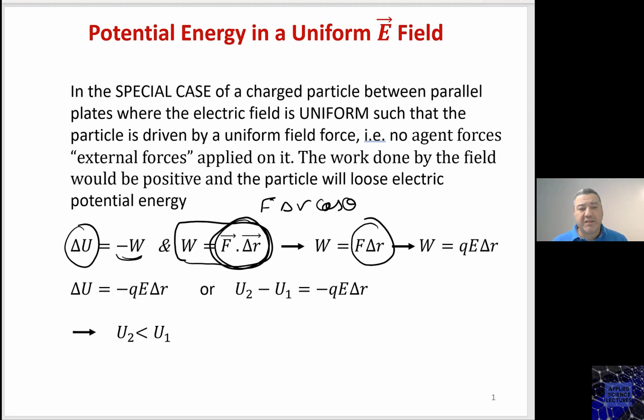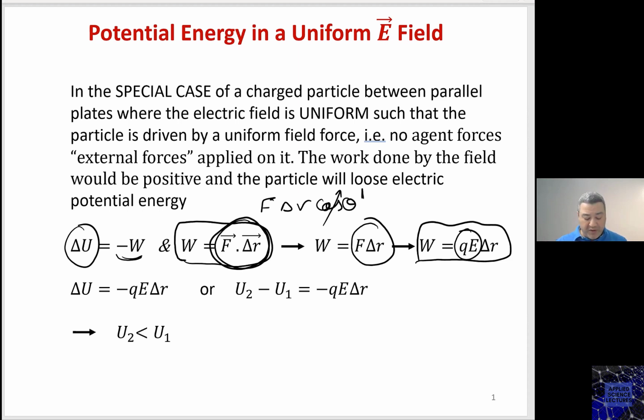So in this case, the displacement vector and the force vector will overlap, and the angle theta would be zero, and that's why the cosine would be one. And in this case, I have the work done as QE delta R. QE is the force times the delta R, and the force is in the same direction